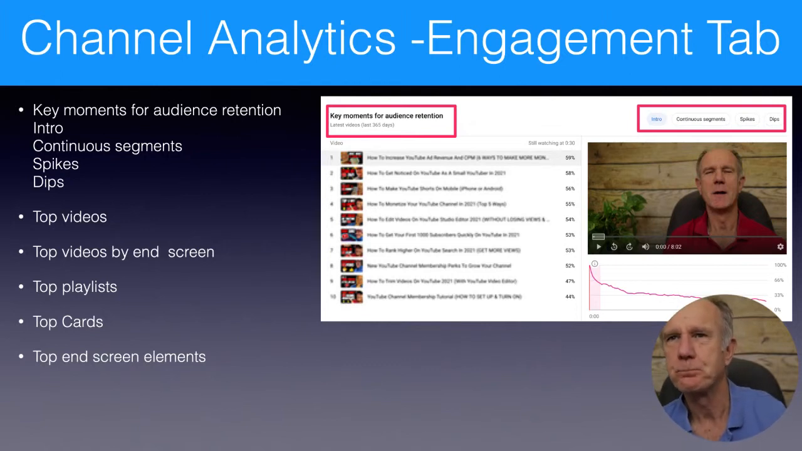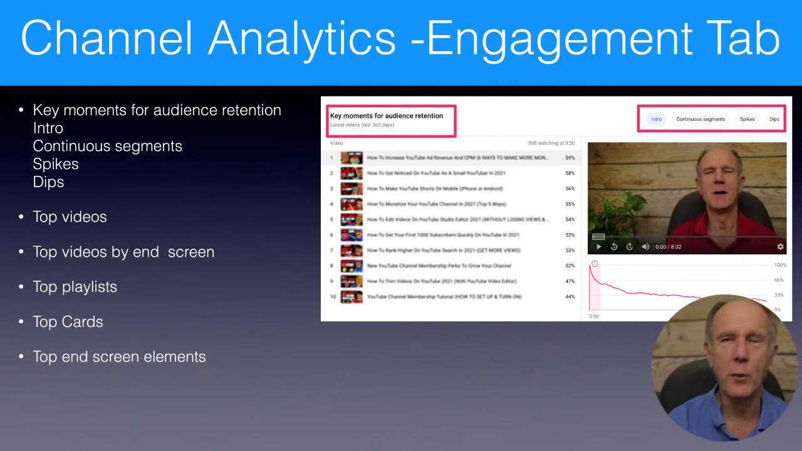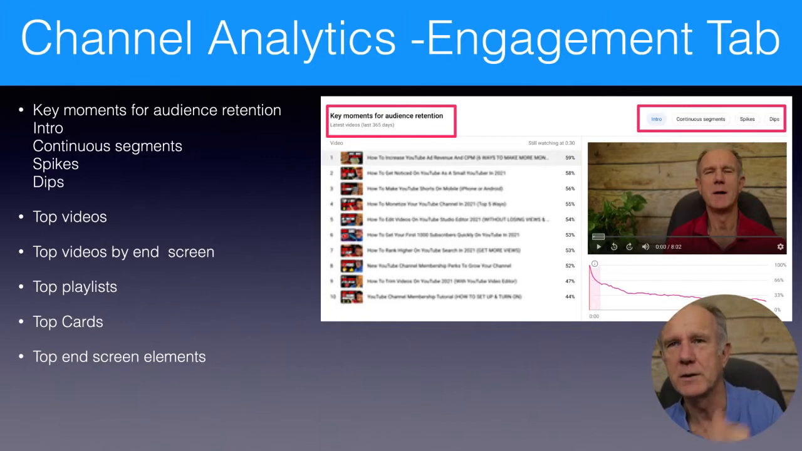This is going to split up into the intro, so how many people are still watching your video after 30 seconds. So in this key moments for audience retention, it's showing that 60% of the people are still watching your video after 30 seconds. 40% of the people are still watching your video after 30 seconds. So showing the intro, the continuous segments,